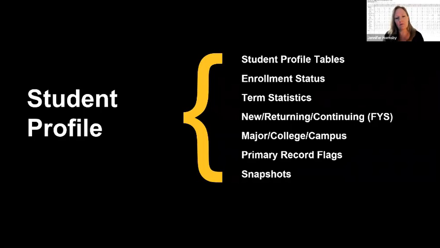This is also the table where we identify the student's major, their college, and their campus. We know that students can have multiple majors. They can also have minors and certificates. They can be active in multiple careers at a time. And so we pull all of that into student profile, and then we added some primary record flags to the student profile. So users can either get one record per student if that's all they want, the primary major,